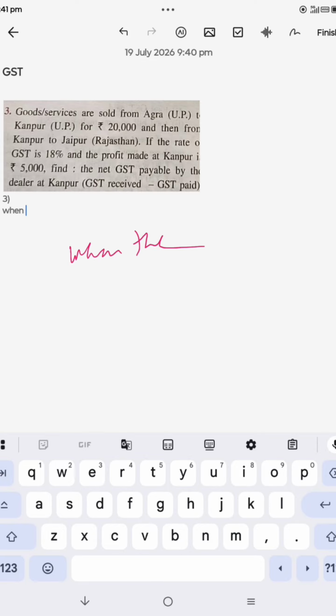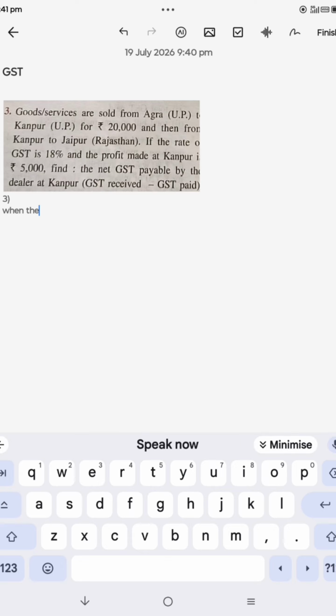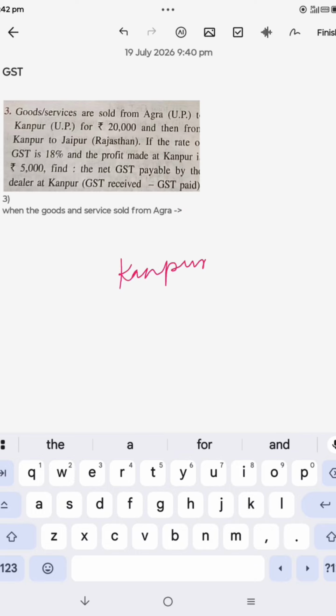When the goods and service sold from Agra to Kanpur. This is the intra. क्या हुआ? नहीं मैं रिकॉर्डिंग कर रही अभी बताओ।